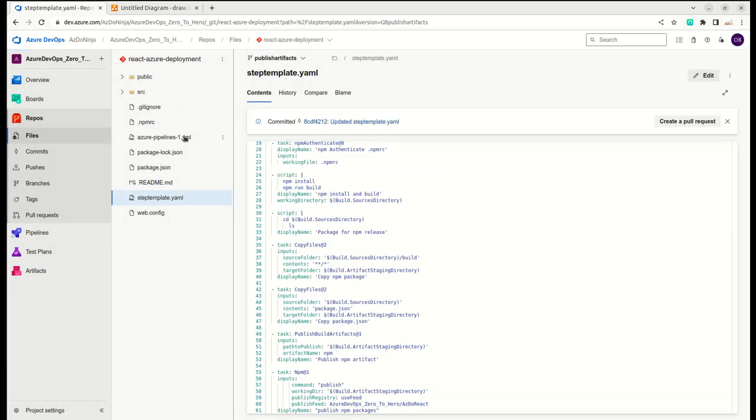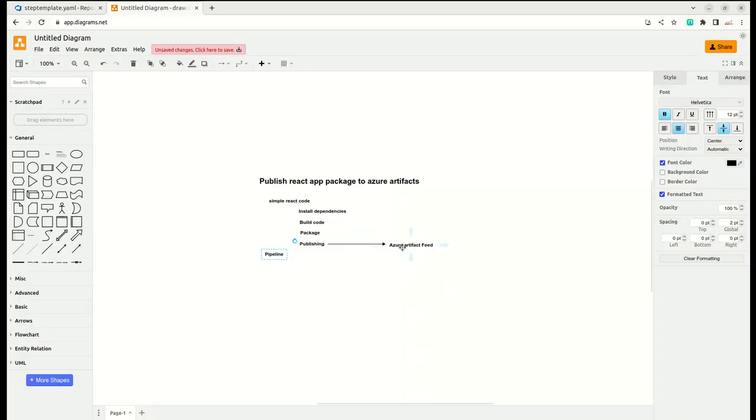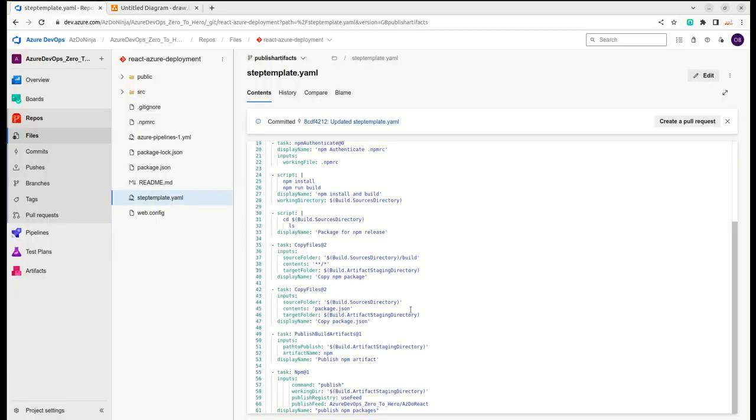Okay, now we configured our pipeline for publishing this package to connect to this feed, and we also updated the new feed name which we created just now. Okay,